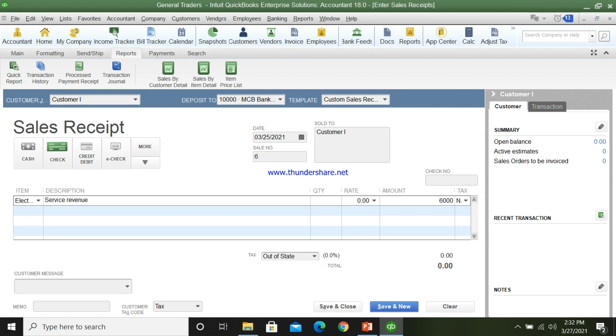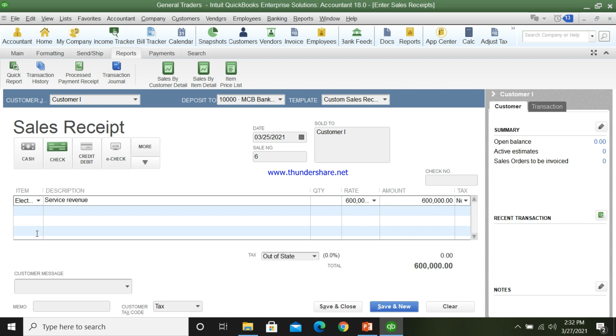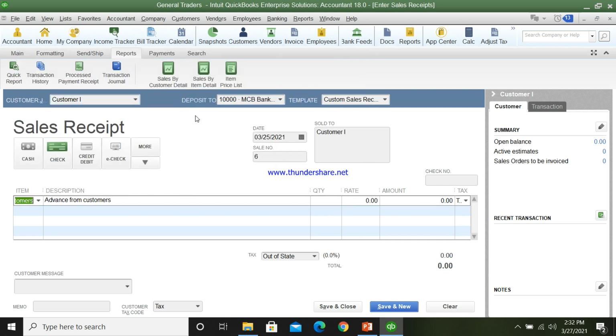So enter this amount, 600,000. No, sorry, I have wrongly stated it. We will select the item as advance from customer, because at the time of receiving of advance we are not giving him an invoice. So let's make the correction.